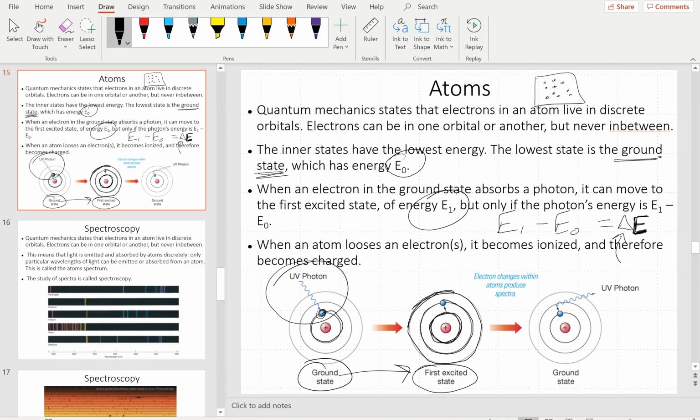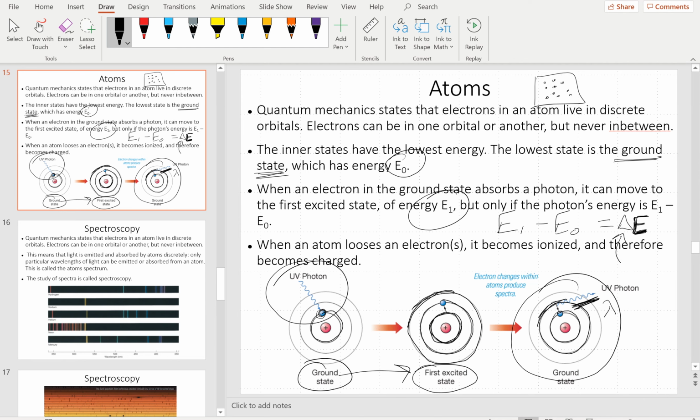So an electron can move up to a higher energy state. An electron can also go back down to a lower energy state. That's depicted here. If the electron is in the first excited state, it can emit a photon and move back down to a lower energy state. What is the energy that this photon is going to have? It's going to be exactly the energy difference between the first excited state and the ground state. Remember that photons of higher energies have higher frequencies, and lower energies correspond to lower frequencies. We learned that earlier. So that means that the frequency or the wavelength, however you want to write it, of this light is